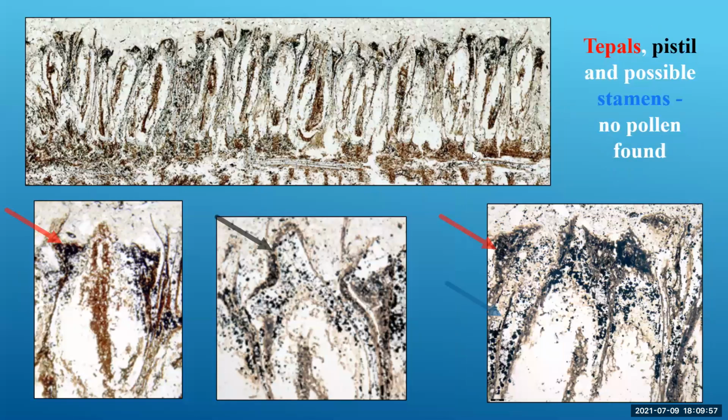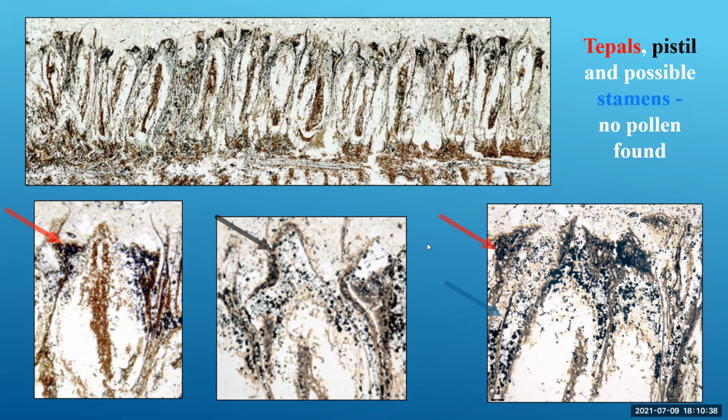In this slide, we show the tepals and the pistils and the potential stamens. There's been no fossil pollen found in any of the material. A longitudinal section up at the top showing a large number of flowers. And then we have red arrows pointing to the hooded tepals, which you can see pretty well here on this specimen and this one. There's another one in the center. And the black arrow pointing to the style, which you see here in the upper register. The style sticks up, but it doesn't really extend way out beyond the tepals